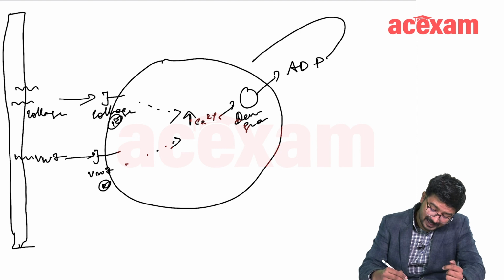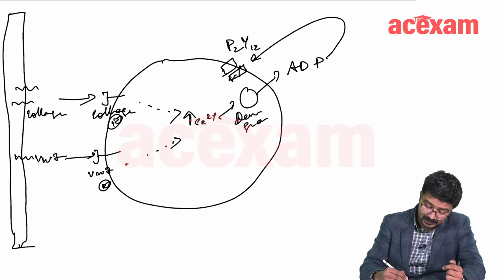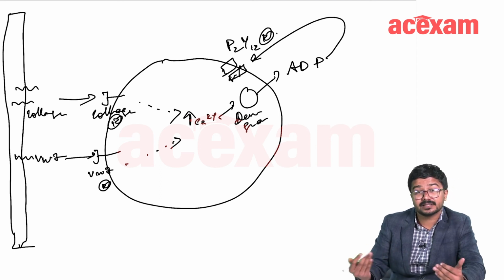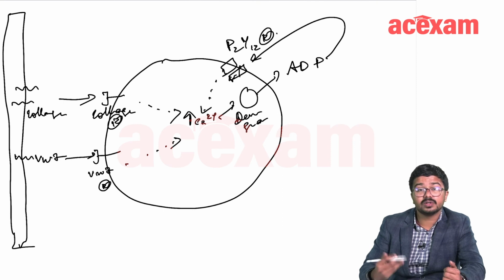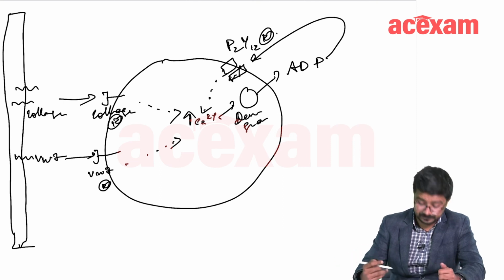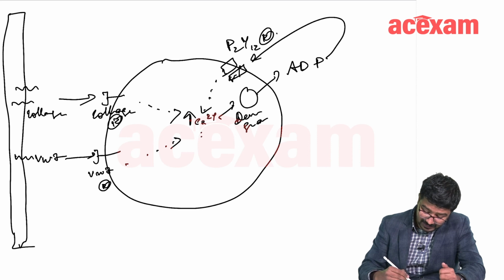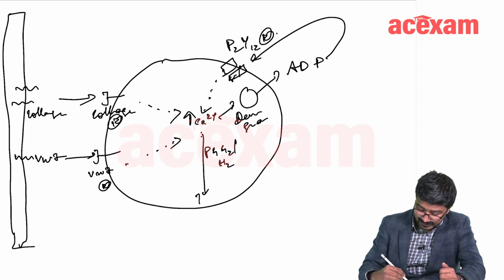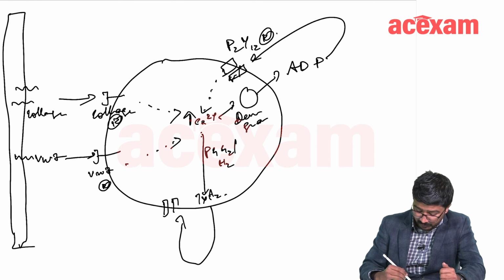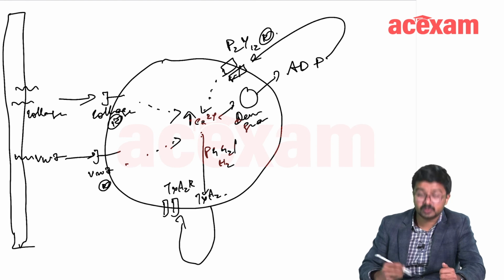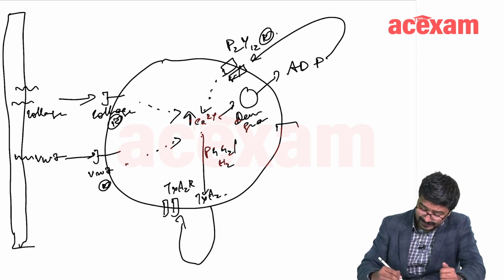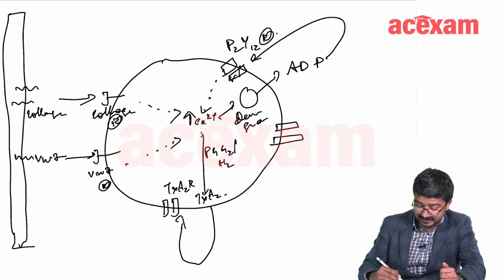The ADP will then act on the ADP receptors, which are nothing but the P2Y12 receptors, to cause a further increase of calcium and also activation of the platelets. In addition, the increase of calcium causes activation of the prostaglandin pathways, all of which leads to an increased amount of thromboxane synthesis. The thromboxane acts on the thromboxane receptor to cause further platelet aggregation. The platelet also has the GP2B3A on its surface.